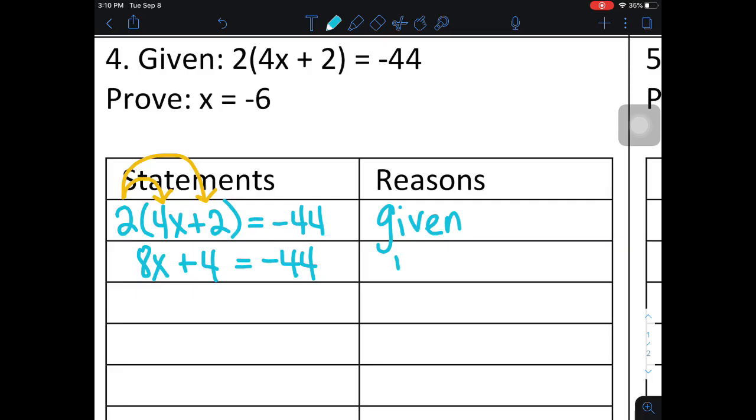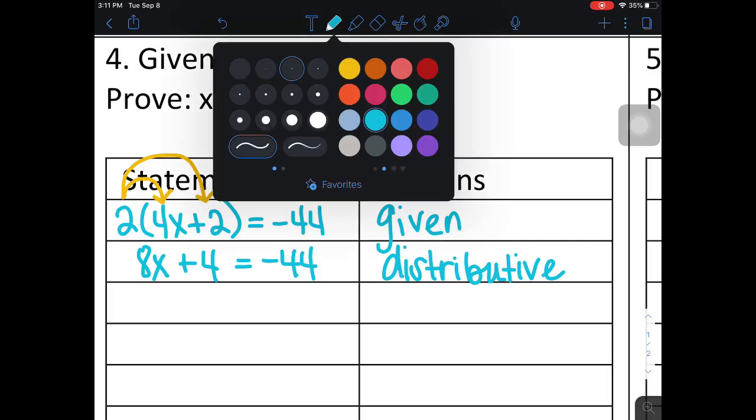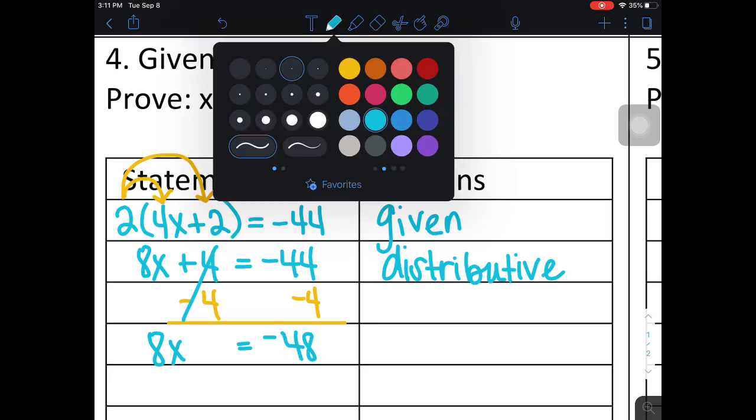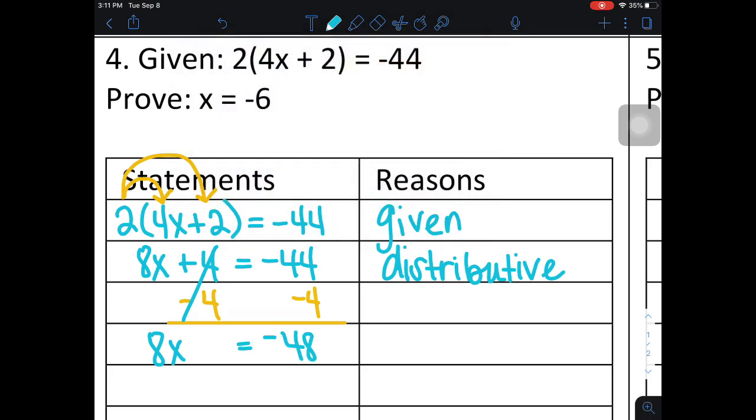And we know that this step is true because of the distributive property of equality. All right? So now we're going to move on to the next step. I see a plus 4, so I need to do minus 4. So now I have 8x, my 4's will 0 out, negative 44 minus 4 is negative 48, and that was my next step. And I know that's true because I subtracted 4 from both sides, which is the subtraction